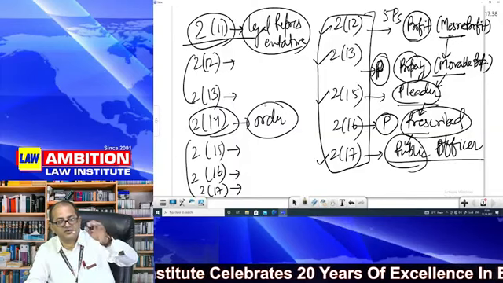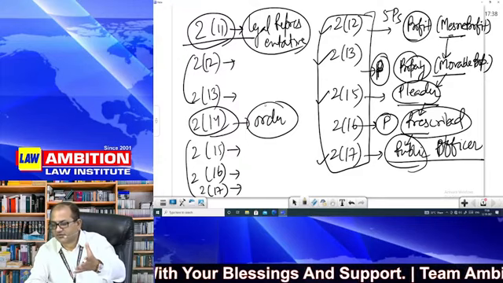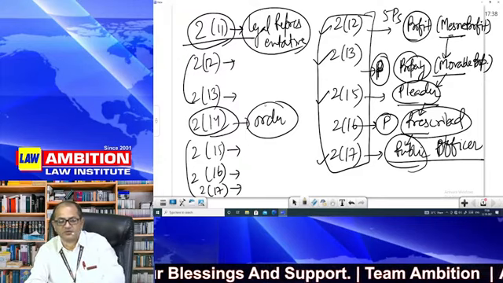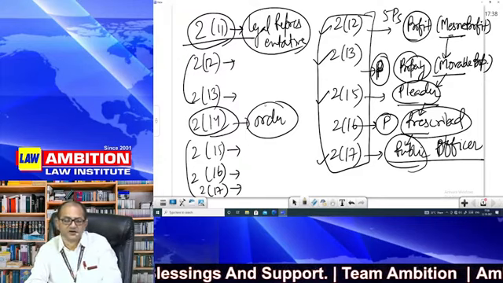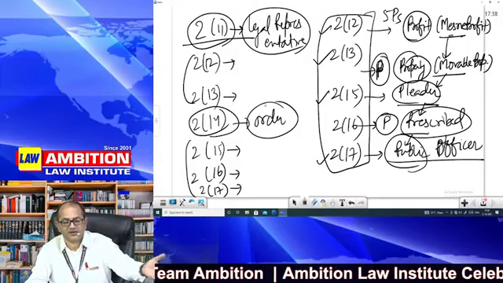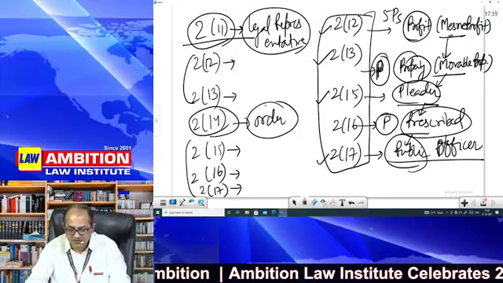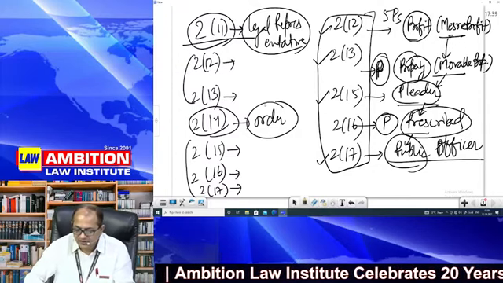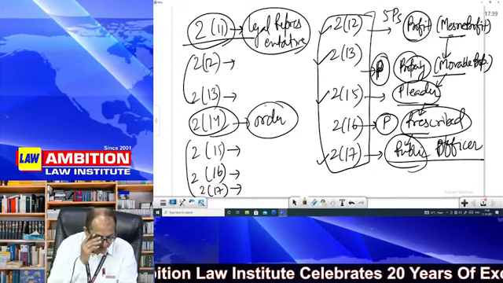Tell me, only when there is profit will you buy property, and then there will be requirement of a pleader to suggest what to do and what not to do with this property. And if there is any property dispute, obviously the pleader will prescribe the method to approach the public officer, the concerned officer. So this is how it is written: profit, property, pleader, prescribed, public officer. Is this all right?